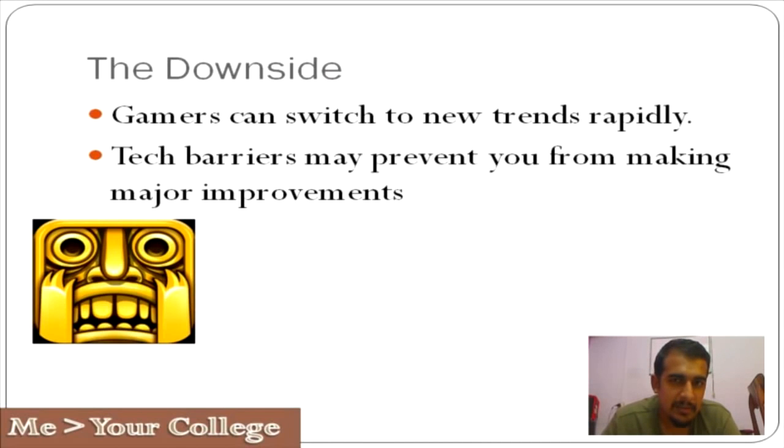And that means people have to upgrade hardware, people have to buy new phones in order to support these games. So that makes it a challenge for them to make these major improvements. All they could do is tweak a few things here and there, and minor changes. So that's what you have when it comes to the downside. And there are certain games like, of course, Temple Run, where there is absolutely nothing you can change. There are no maps you can change, there are no characters you can change because all that is pretty much the same. So this is pretty much how people in the Android market actually go about making money.